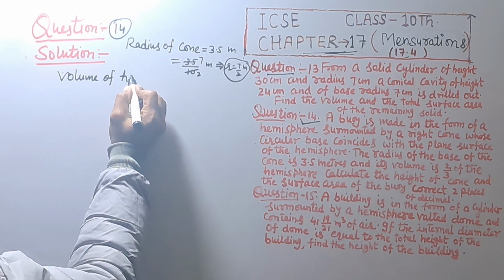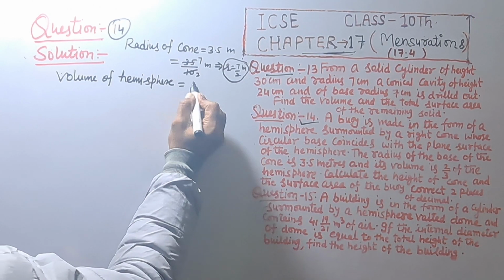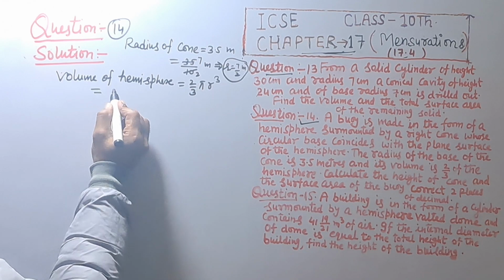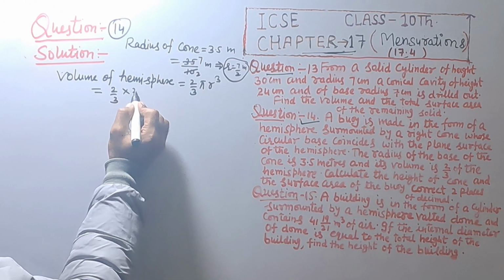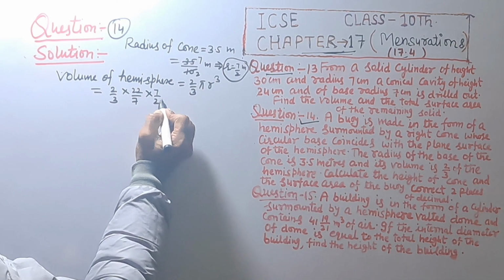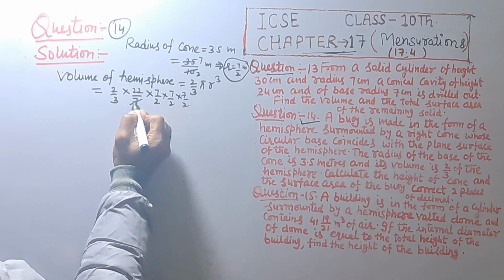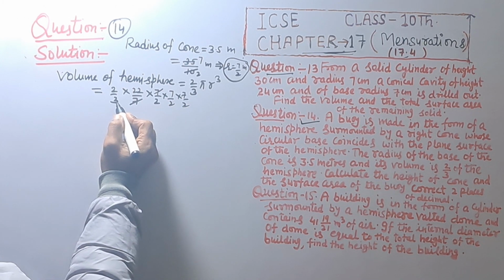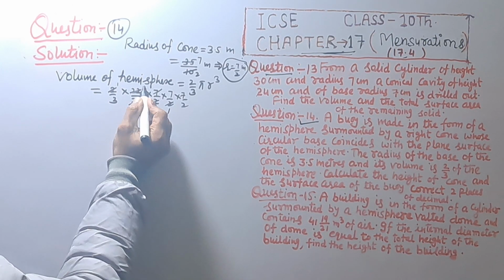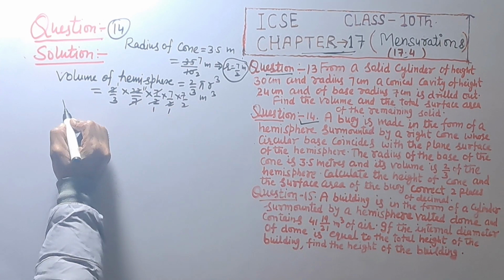Volume of hemisphere is equal to 2 upon 3 pi r cube. That is equal to 2 upon 3 into pi is 22 upon 7 into radius is 7 upon 2, 7 upon 2, 7 upon 2. Cancel, 7 7 is cancel, and 2 1s are 2, 2 1s are 2, 2 1s are 2, 11 2s are 22 meter cube. So volume of